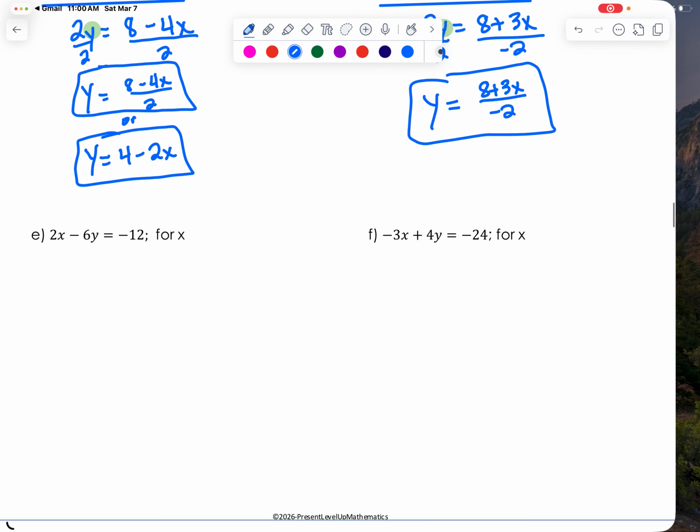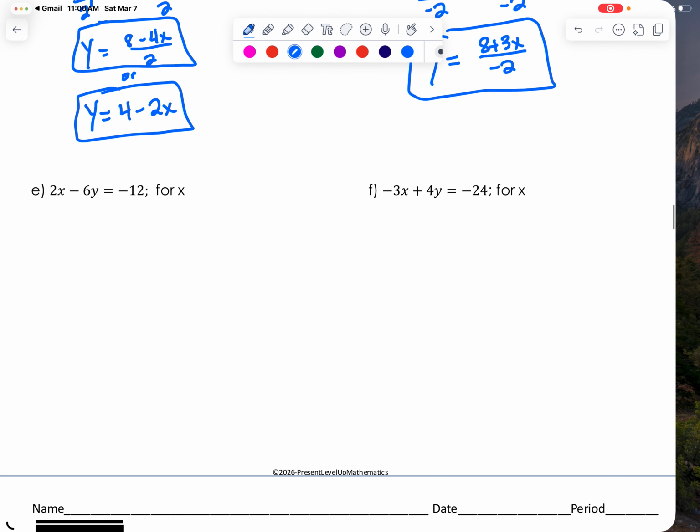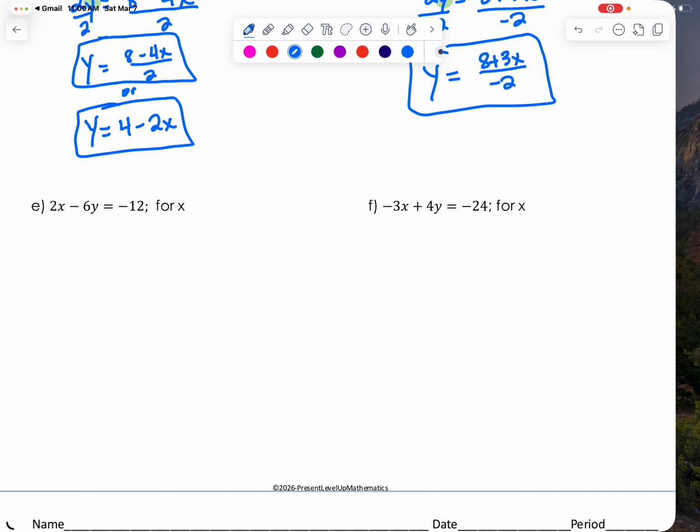All right, problem E is going to be similar, except this time we're solving for x. So we have the equation 2x minus 6y equals negative 12. We are trying to isolate the x this time, not the y, okay? So I want to remove the negative 6y and the 2. All right, so I'll remove the negative 6y first by adding 6y. So that gives me 2x, this would zero out, equals negative 12 plus 6